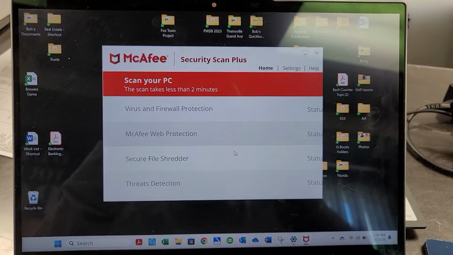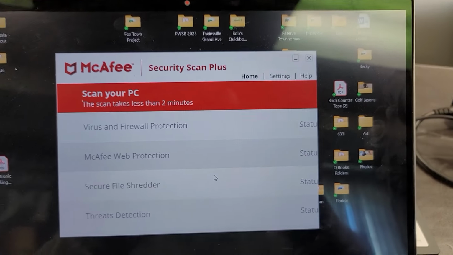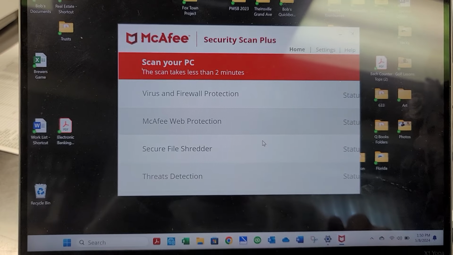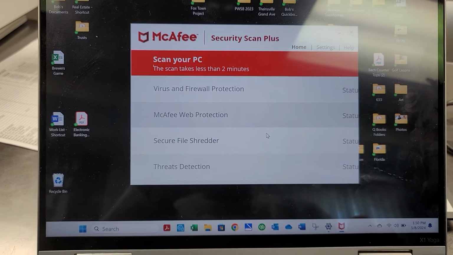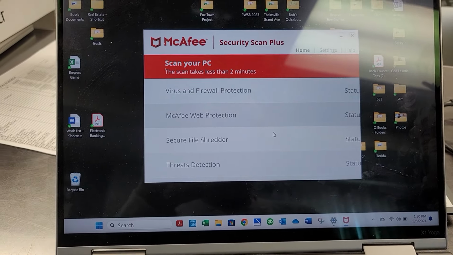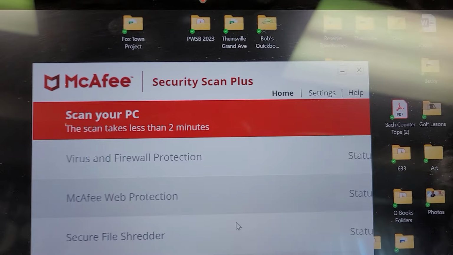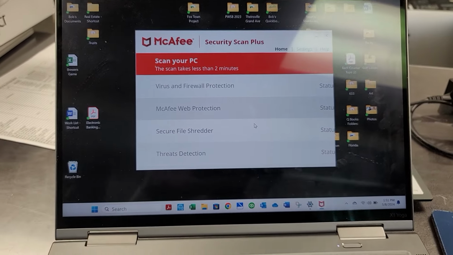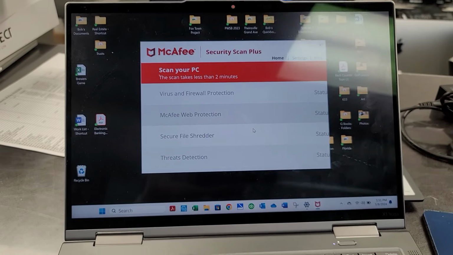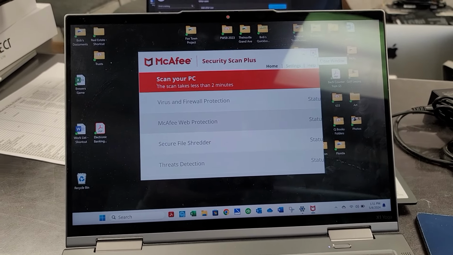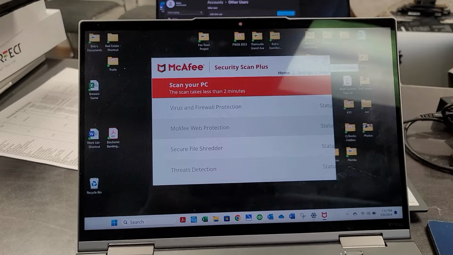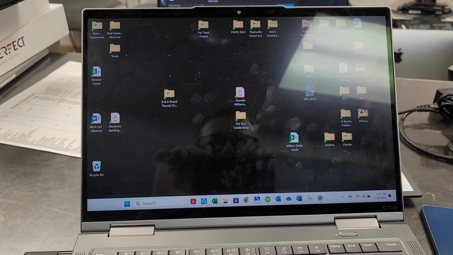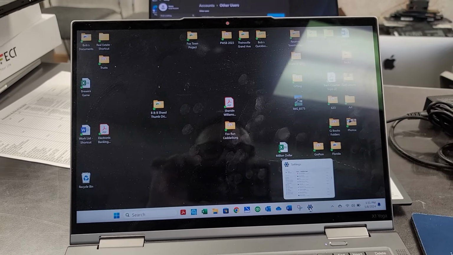This is another quick video on this crap. This company, McAfee, is installing itself without people's knowledge, this stupid Security Scan Plus. It's nothing but advertising, and this thing pops up on a computer just to remind you that McAfee is doing something. It's doing nothing but putting these pop-ups up for you. Let's close that. I'll show you the issue that this